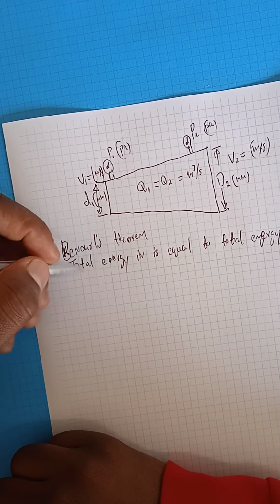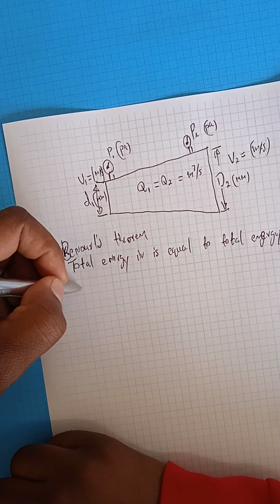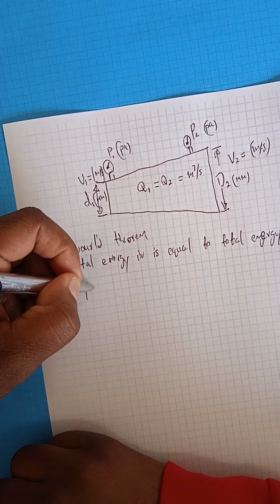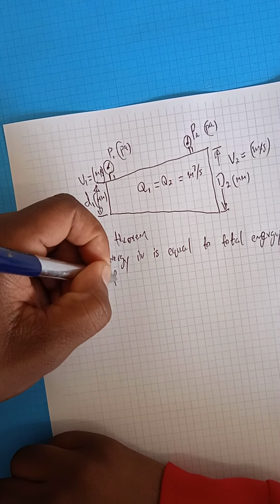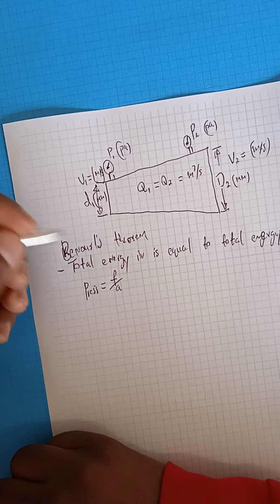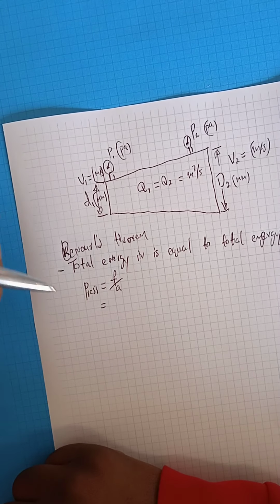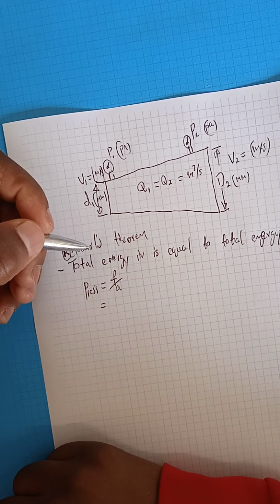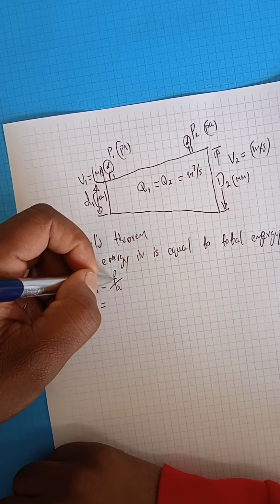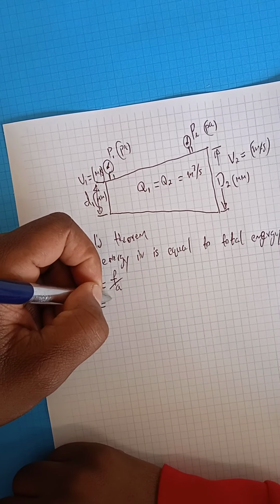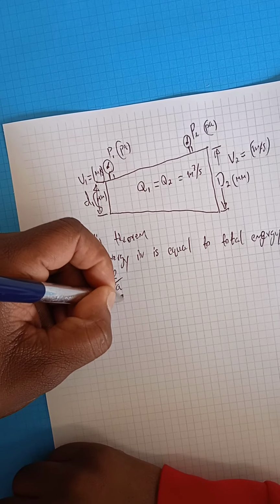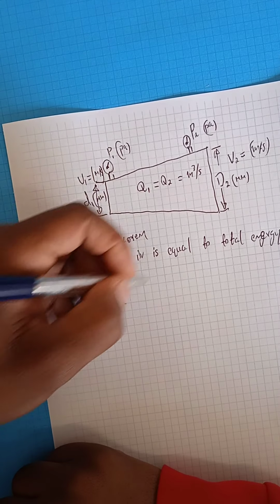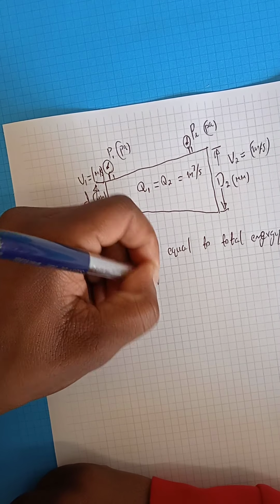Now, with Bernoulli's theorem, that's where we're going to look into pressure energy. The formulas were derived from pressure, which means pressure is equal to force over area. But now if we want to go further so that you can have our normal formula, whereby when we calculate pressure through water, we end up saying, where we see force, we all know force is equal to mass times gravity. We say divide by area, which is equal to, where we see mass, we must just remember that